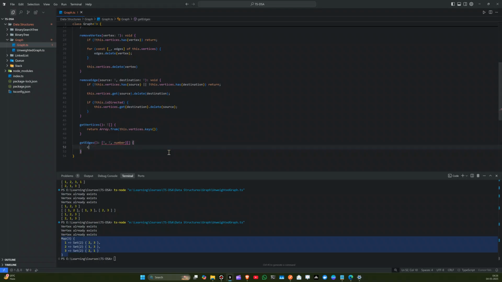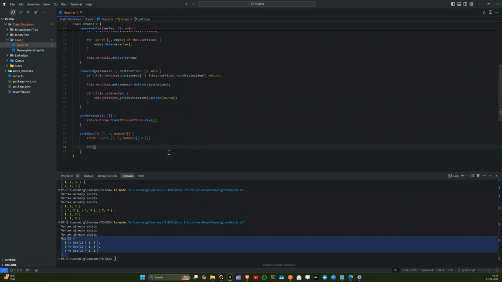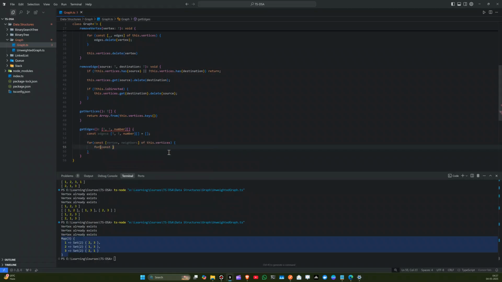Okay, now edges, same thing, T number, is an empty array. for const vertex, neighbors of vertex, const neighbor, weight of neighbors. Okay,